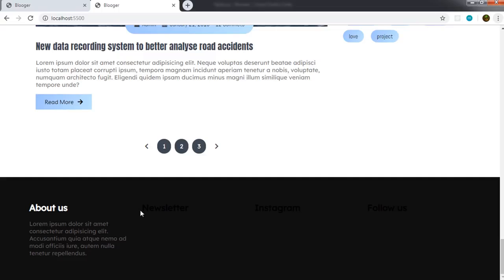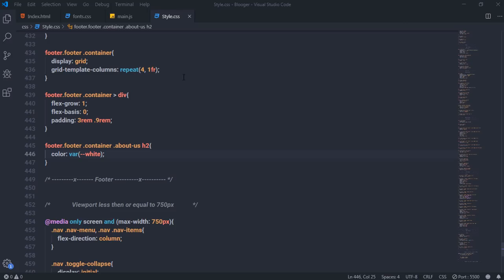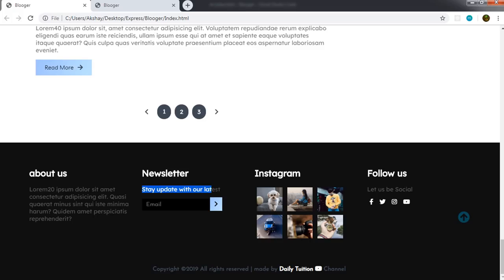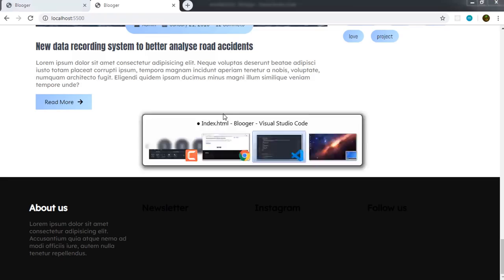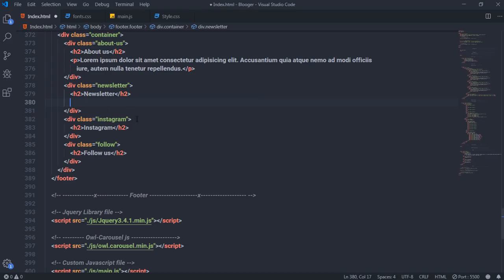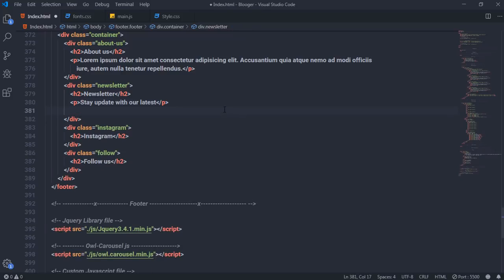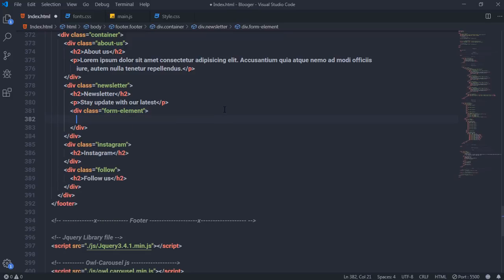Now just after that, I'm going to create my next newsletter section. So I'm going to open the index.html file, and in the newsletter section, I'm going to create this text, then I'm going to create this input tag and this button. So to create it, here in this newsletter section, I'm going to first add a paragraph and specify the text: stay updated with our latest. And just after this paragraph, I'm going to have a form-element div. So I'm going to create a division tag with the class form-element, and inside it I'm going to create